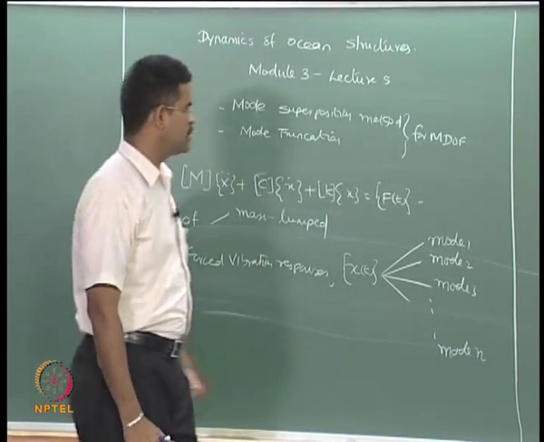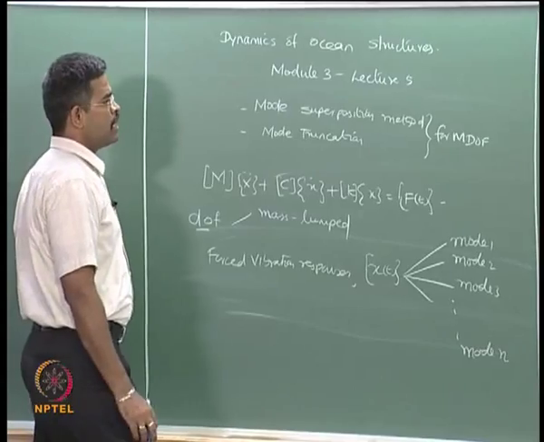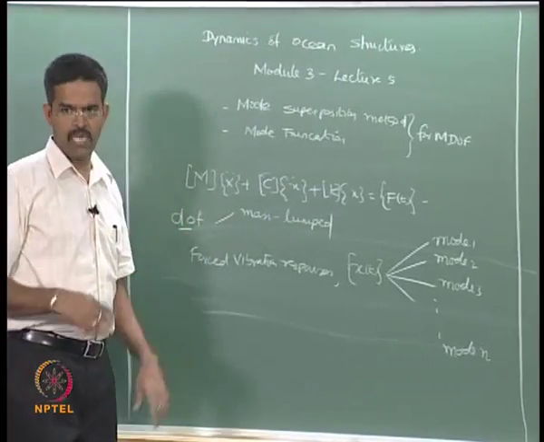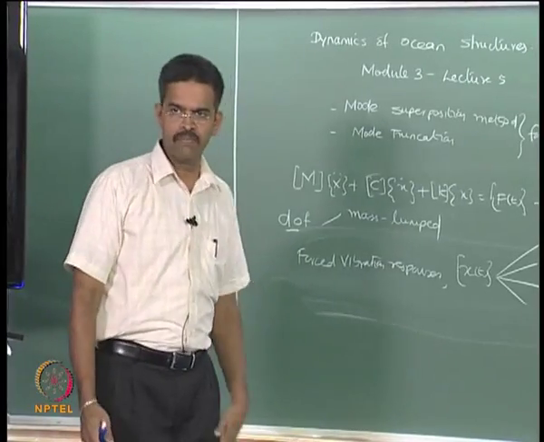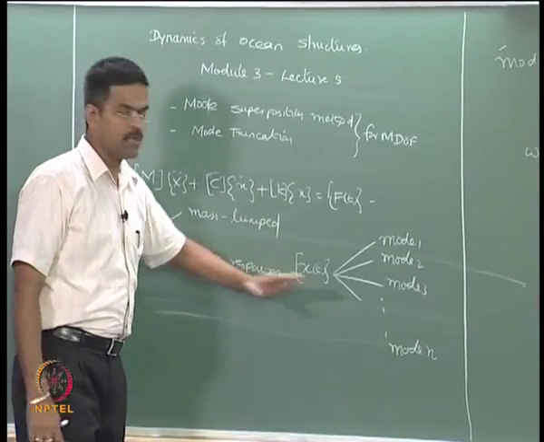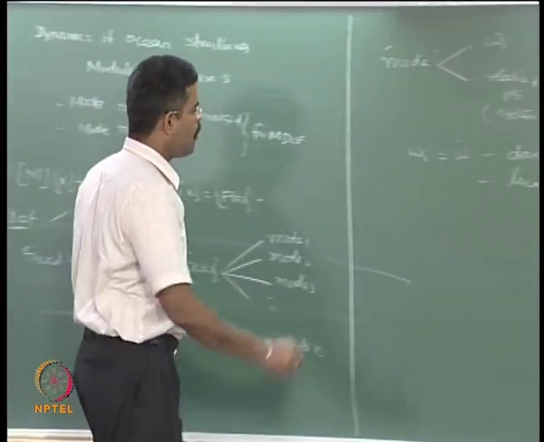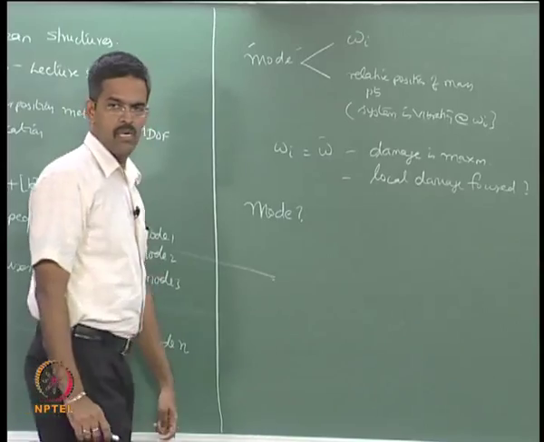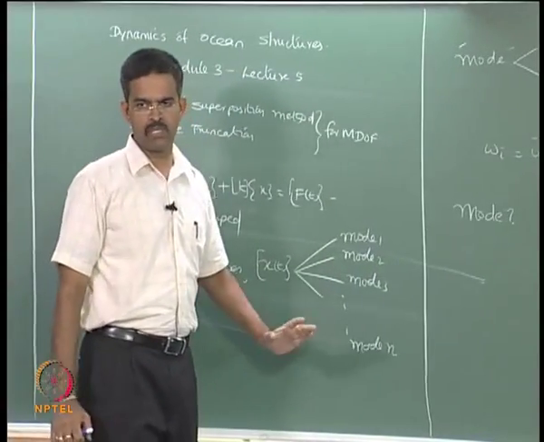Now, the question comes: in a multi-degree freedom system model, if the degree of freedom is very large, practically let us say infinitely high, do we have to consider all the modes for working out my response? How many modes do I consider for finding out my response summation?